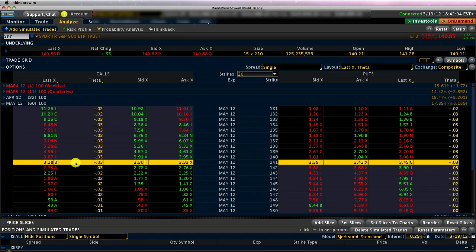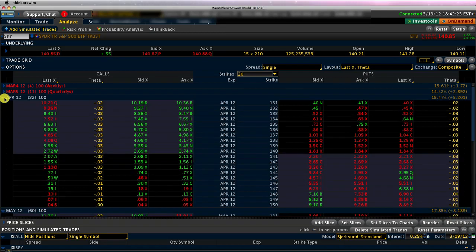In this chapter, we're looking at theta. Theta tells you how much the option is going to lose value on a daily basis. And in this case, in the May series, it's losing about 3 cents per day. So now the next thing to do is let's look at April and see what happens to the options. Again, it's losing only 3 cents a day in April, but like I said, these are rounded off to 2 decimal places,